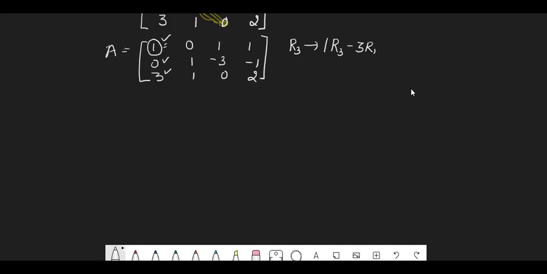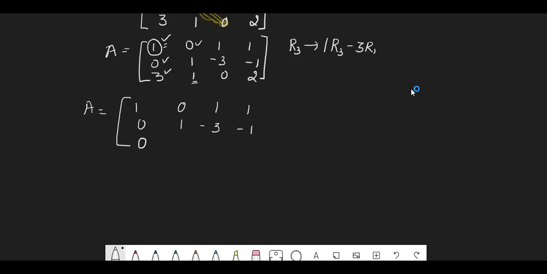Yes. So this is already 0. Now let us reduce this R3 element which is 3 as 0 with the help of this operation R3 minus 3R1. So A is nothing but, now no operation for R1, R2, so write the first and second row as they are. Now this operation, R3 minus 3R1, if you apply it: the first element is 0.